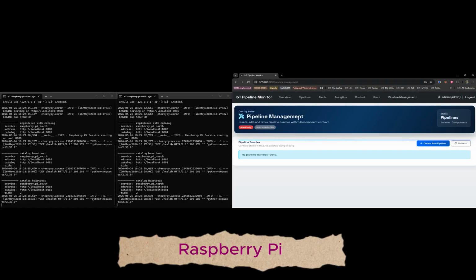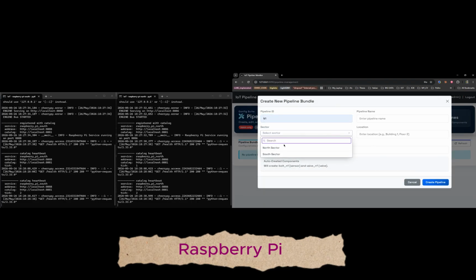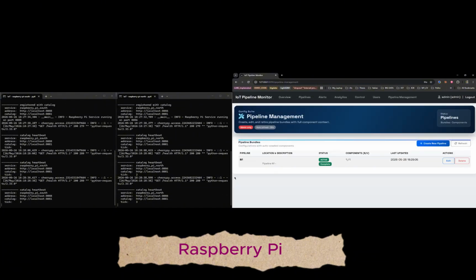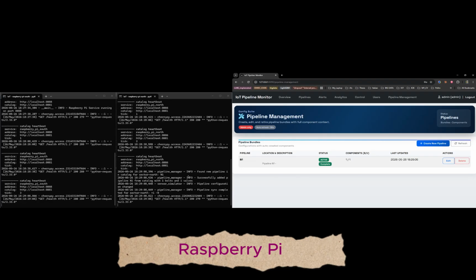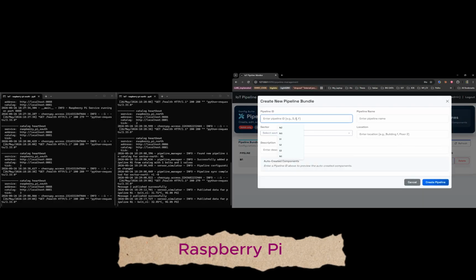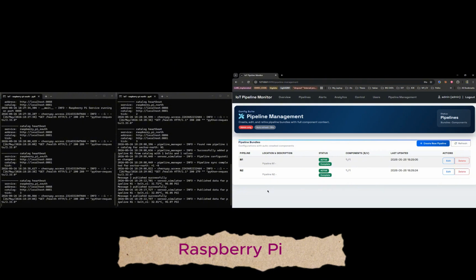In this pipeline monitoring project, the facility is geographically divided into two sectors. North sector, simulated by Raspberry Pi North, and South sector, simulated by Raspberry Pi South. When the system is turned on, the North and South microservices start up in parallel and register themselves to the catalog microservice. They receive their configuration, like the pipelines and bolts, from the catalog. Once configured, the microservices begin their main continuous routine,